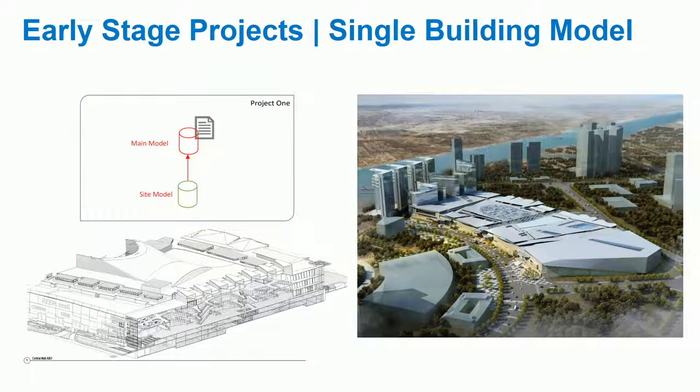There are teams in the US that say they work in 1 gig files and they say it works like a dream. I'm still skeptical, but they chug through it and they seem to be happy enough with it. So I'm not saying we do 1 gig files. I definitely wouldn't want to do a 1 gig file in our office, but